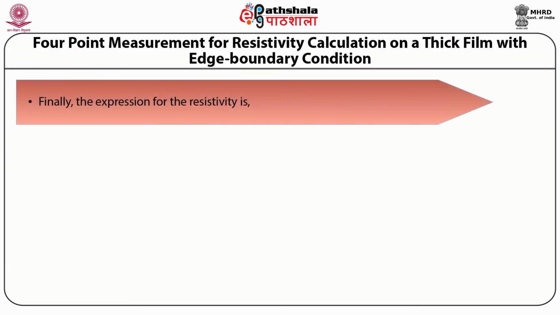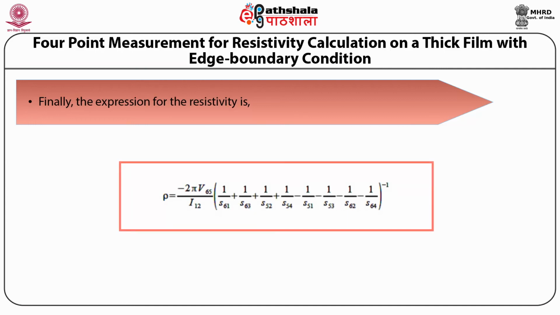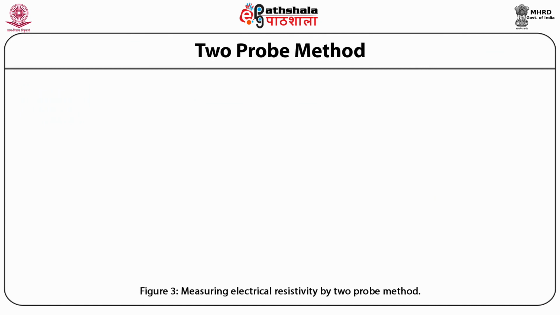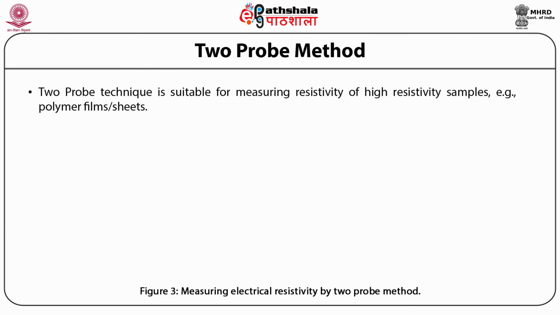Finally, the expression for resistivity is rho equals minus 2 pi V65 divided by I12 into (1 divided by S61 plus 1 divided by S63 plus 1 divided by S52 plus 1 divided by S54 minus 1 divided by S51 minus 1 divided by S53 minus 1 divided by S62 minus 1 divided by S64) whole raised to power minus 1. Two-probe method. The two-probe method technique is suitable for measuring resistivity of high resistivity samples, for example polymer